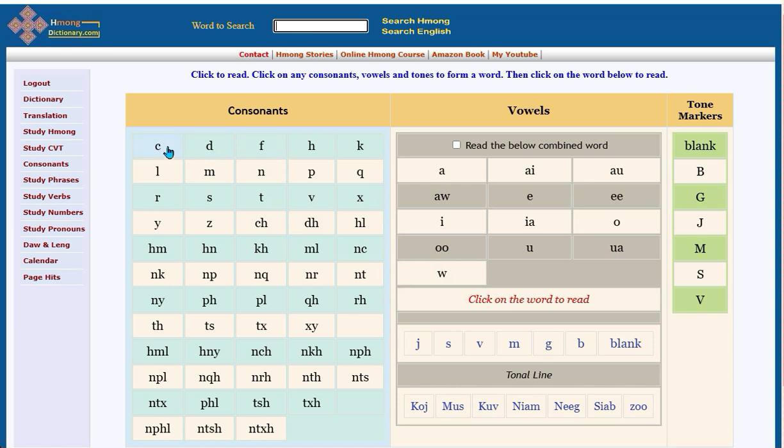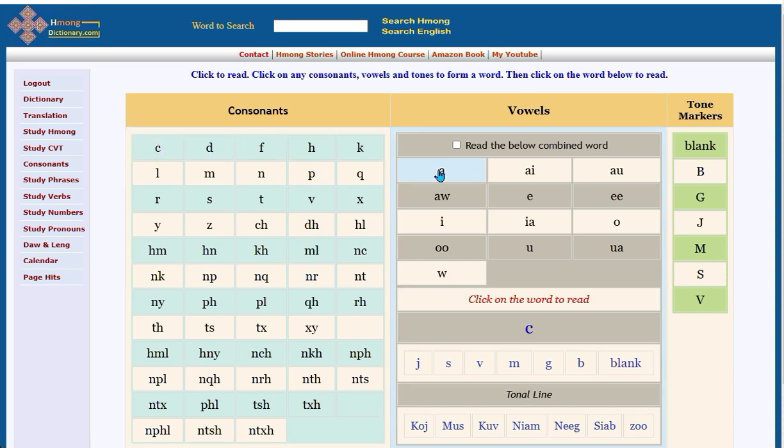So for example, if you click this consonant, cho, it didn't say this word. You have to click on it. cha, chai, chao, châu. But if you want the program to automatically read this combined word to you, just check